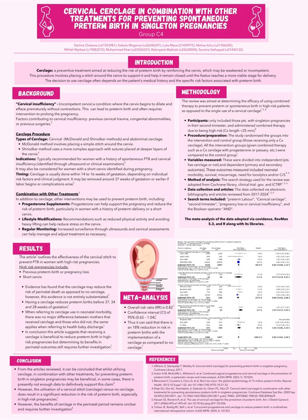So what is cerclage? Cerclage is a preventative treatment that's aimed at reducing the risk of preterm birth by reinforcing the cervix, which may be weakened or incompetent. This procedure involves placing a stitch around the cervix to support it and help it remain closed until the fetus reaches a more viable stage for delivery. The decision to use cerclage often depends on the patient's medical history and the specific risk factors associated with preterm